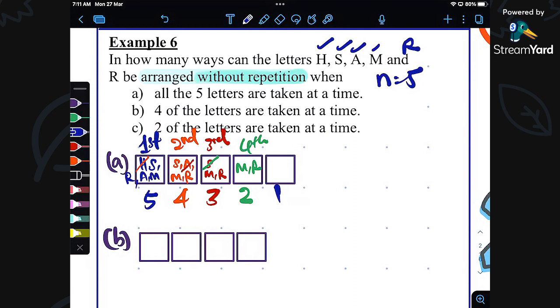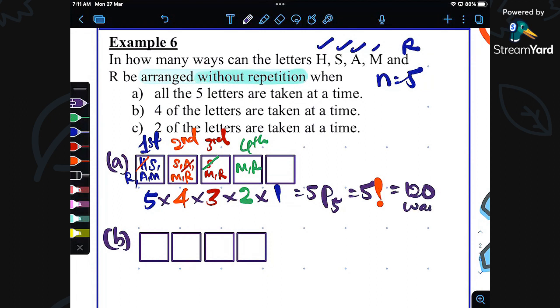And so you times all of them together, you will get 5P5, which is 5 factorial. You use a calculator, 5 factorial is 120 cara susunan untuk kelima huruf ini,